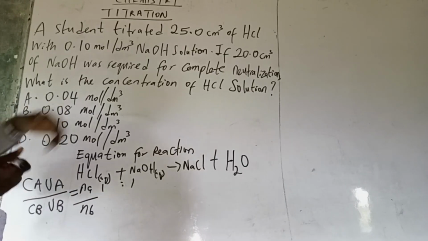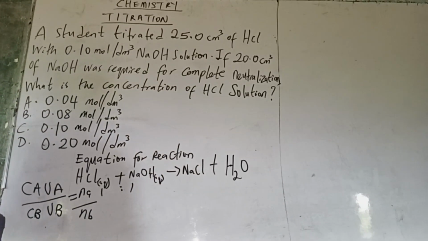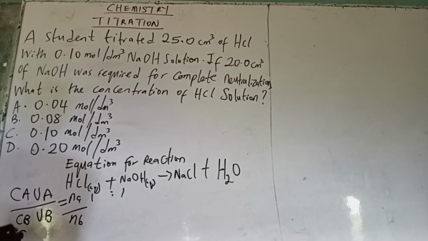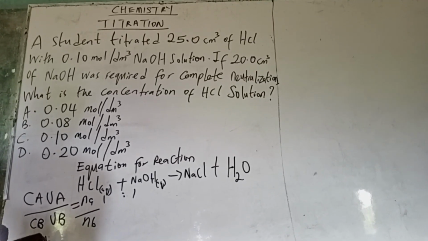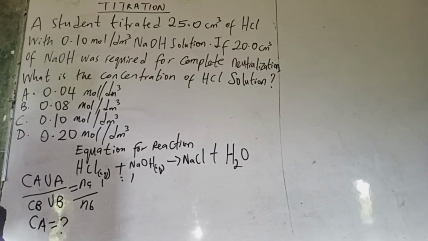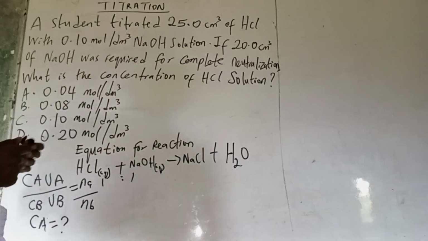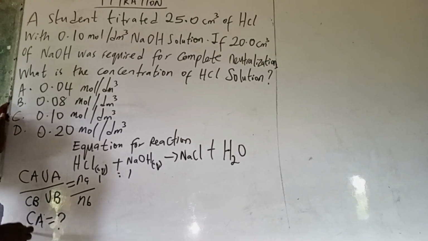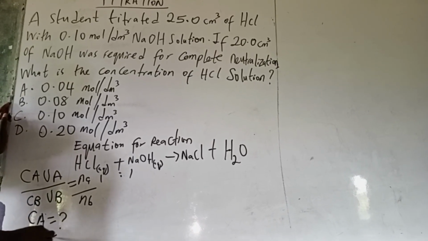The question is, what is the concentration of HCl solution? Now, HCl is the acid. So this is the concentration of acid. We are looking for Ca, unknown. Va, the volume of acid. The student titrated 25 cm³ of HCl. That is the volume of acid. That's Va equals